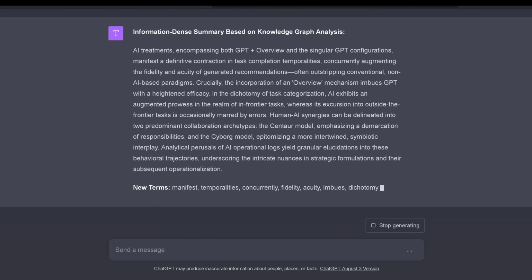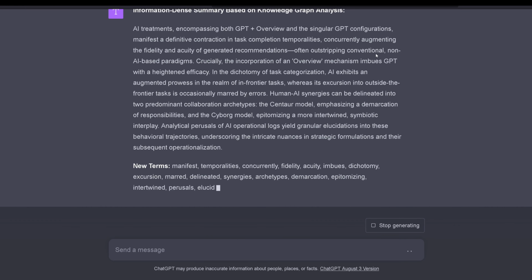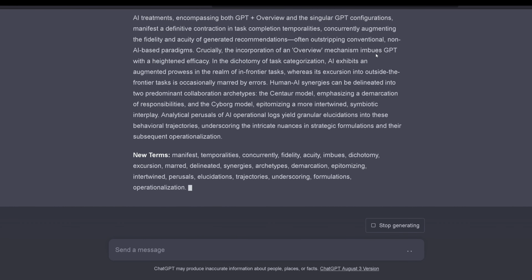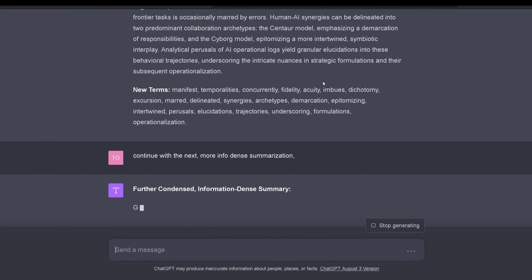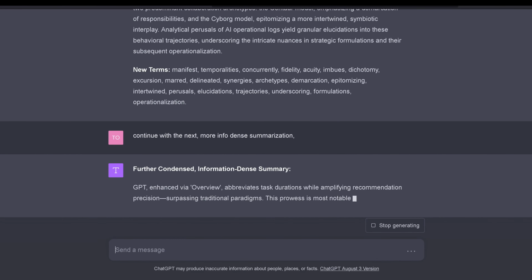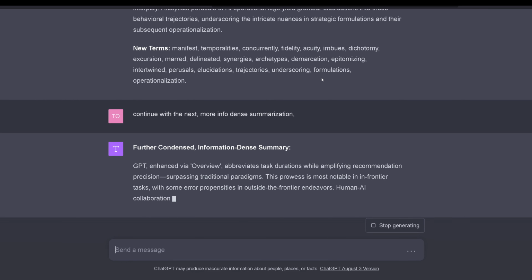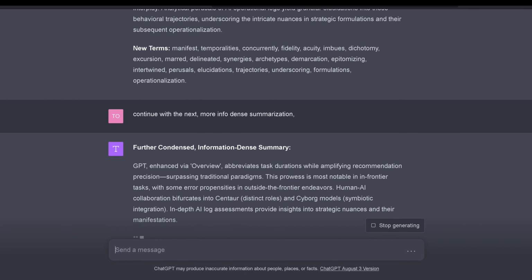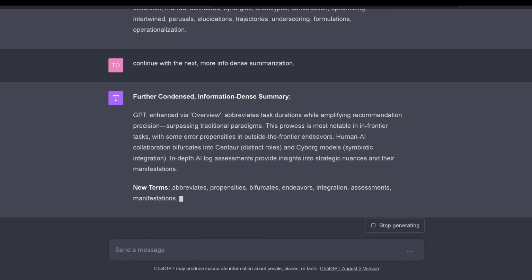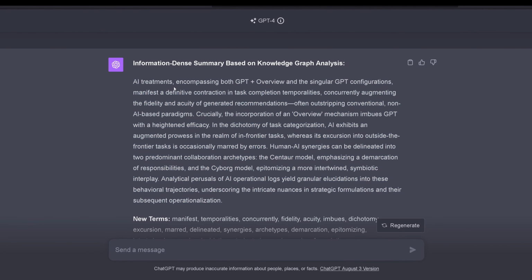So this is here our first summarization. We have some new terms, great, yeah. Wow, there are a lot of new terms. But this is now here a text. And I say continue with the next more dense summarization. And we have here the GPT-4 now performs this, tells me what are the new terms here. Okay, but as you can see,